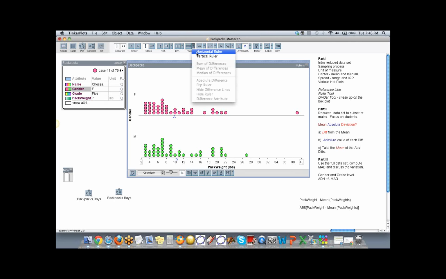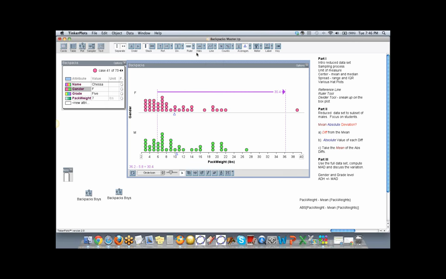Then I'm going to put in my ruler. And what do I do next? I'm going to snap the ruler to one of the means. So notice that. And Kathy, when we snap the ruler, we visually are seeing a circle put on whatever data is that we're trying to reach.